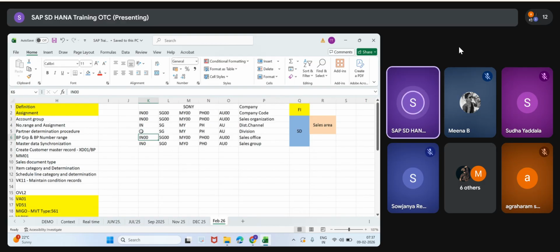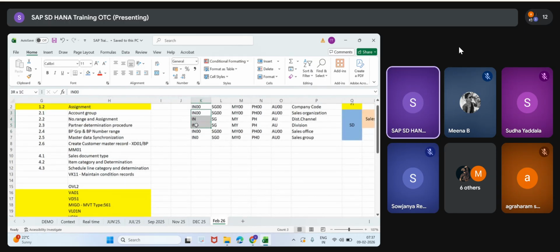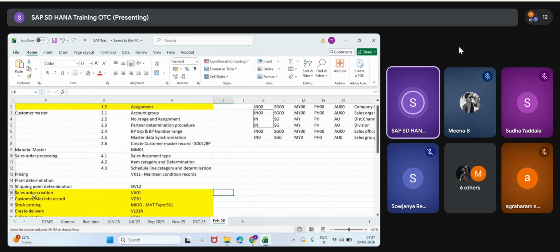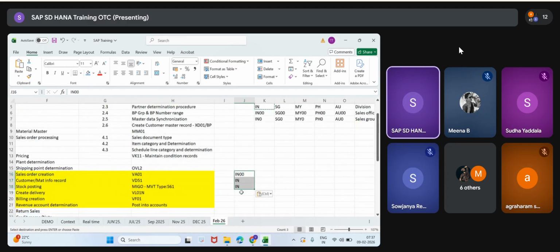When they create a sales order in VA01, we will specify IN00 and Karnataka K10. At the end of the day, how many sales orders are created in India for Karnataka customers? They can easily report.